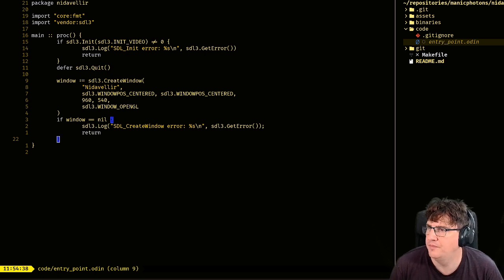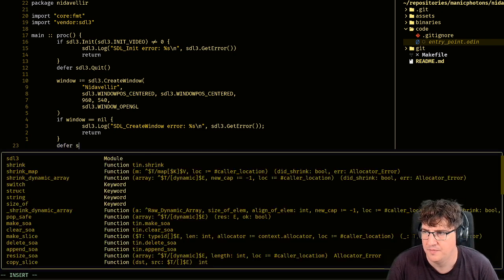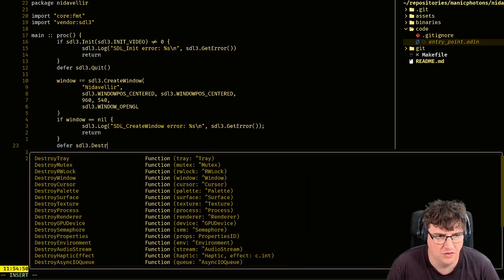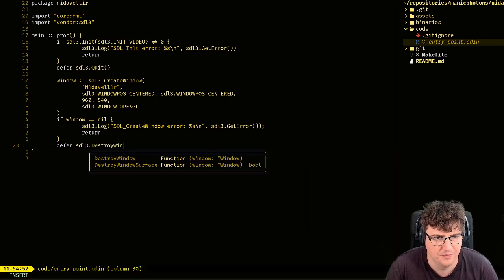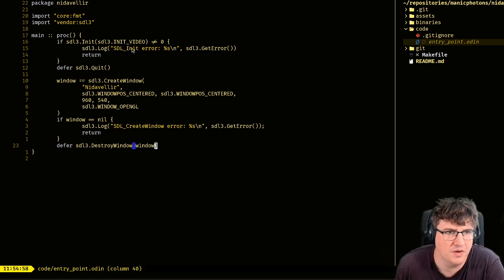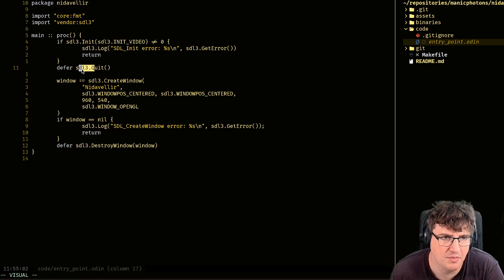Okay, so let's demonstrate defer. Destroy window. Okay, so what we're doing is we are initiating SDL3, queuing up shutting down SDL3 with a quit.